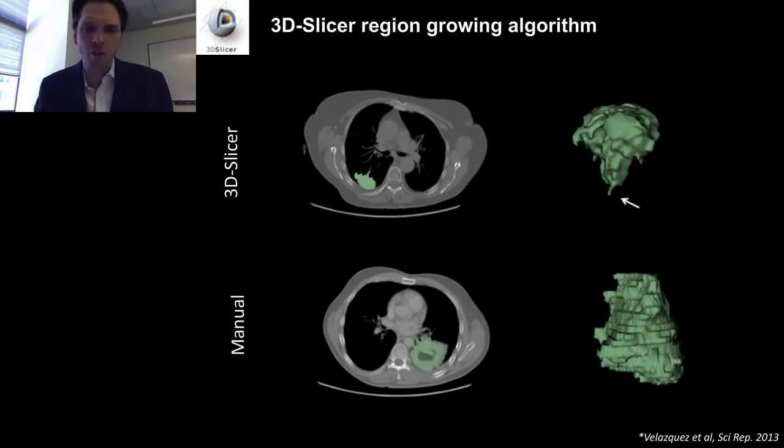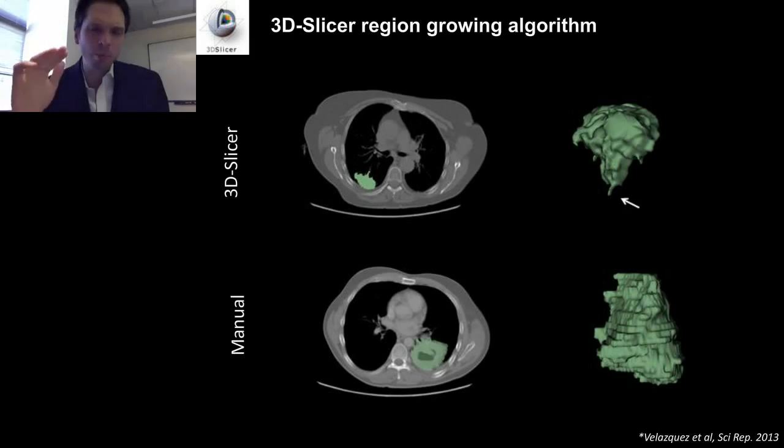So once we use these automated techniques, and there's one region growing algorithm, for example, that's implemented in GrowCut, what we could see is that using these automated region growing algorithms, you could really find small extensions in the phenotype, very small extensions in the tumor that normally are completely missed with manual segmentation. On the top you can see this automatic one, and at the bottom you see the manual one, where